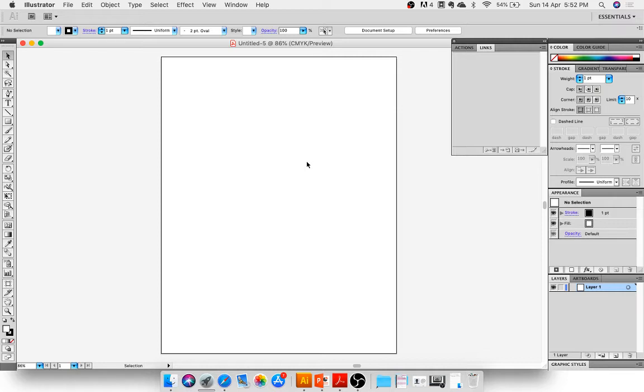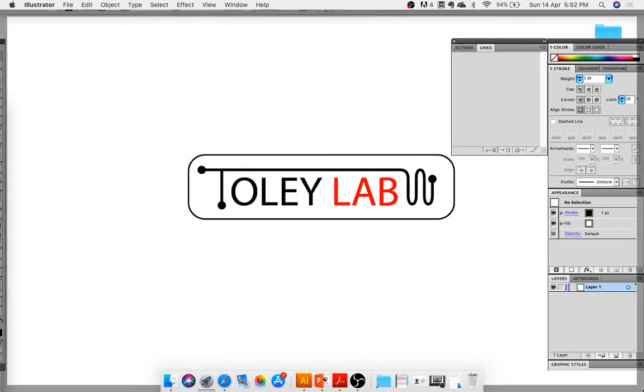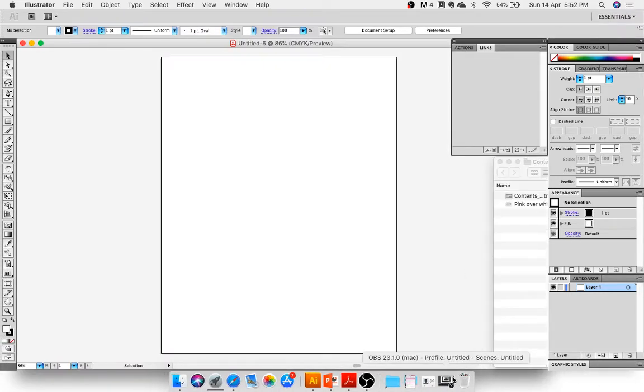I find this to be a much better strategy. So this is something I encourage you to do. So just to push further on our idea of vector versus raster, I have a folder here with some files